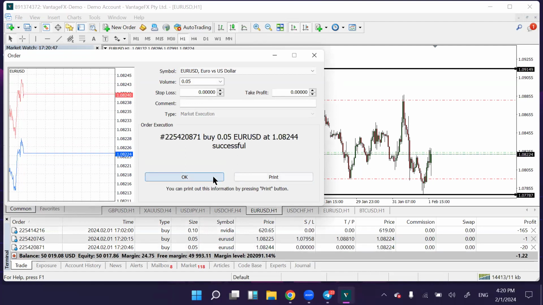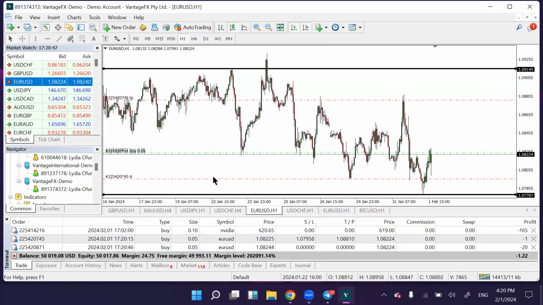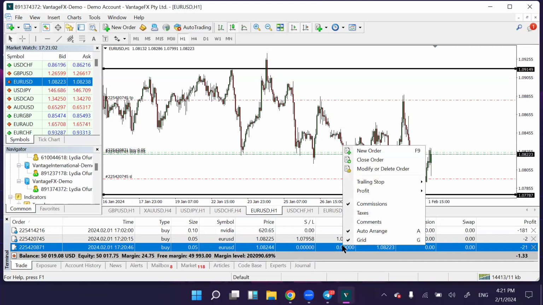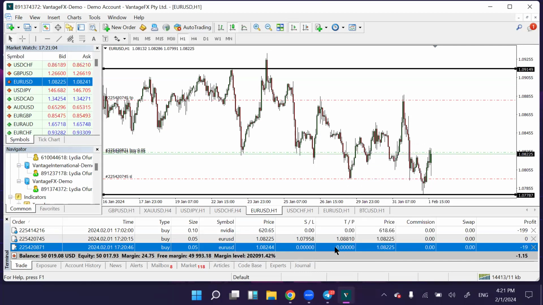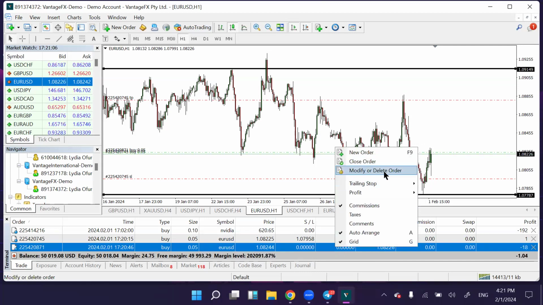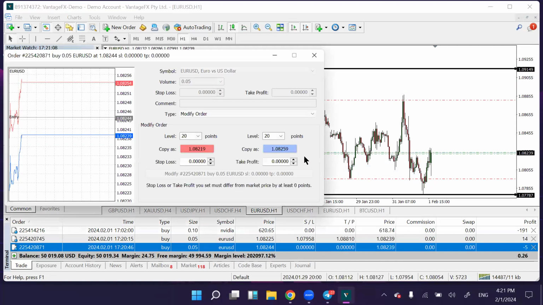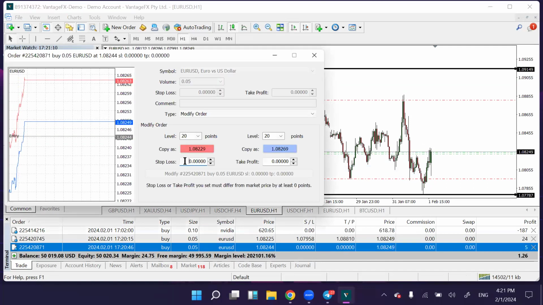Now my buy is activated, but my trade does not have stop loss and take profit. See, stop loss is 0, take profit is 0. So then I will now modify this trade. I right click on that particular trade. I click on modify order. So my stop loss is